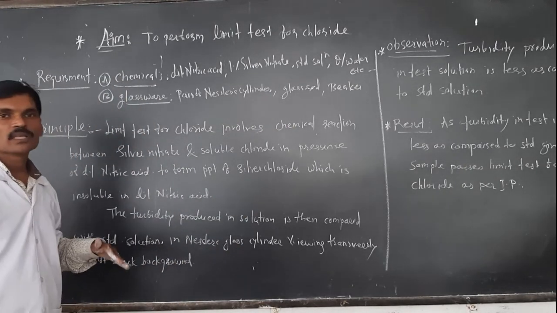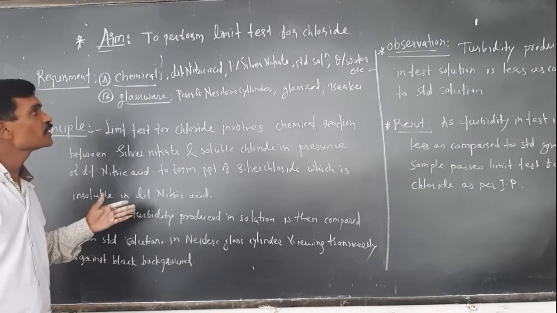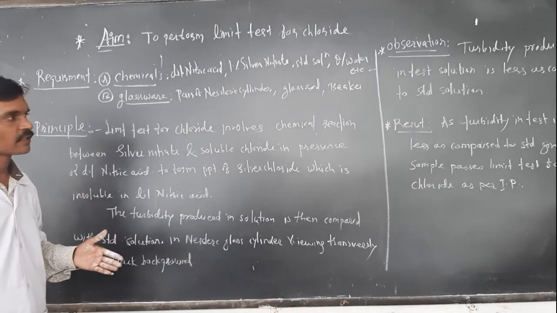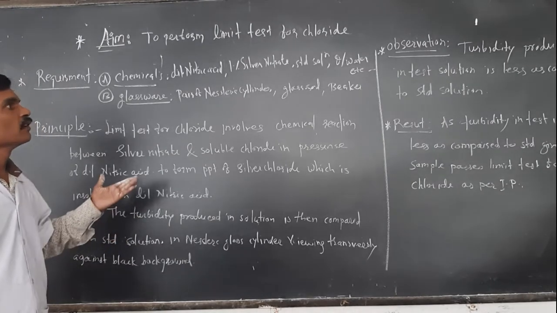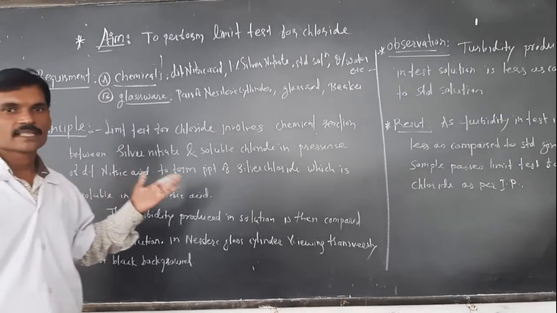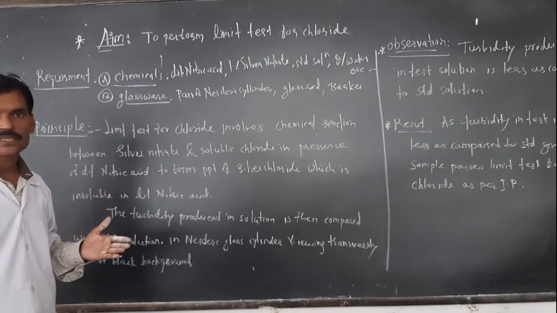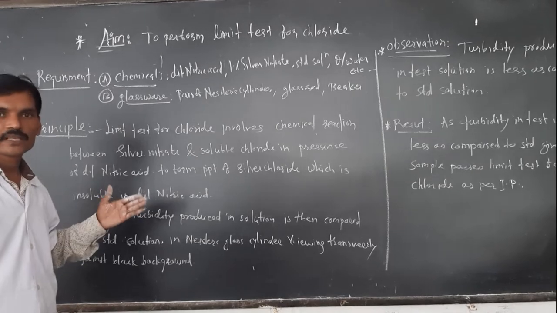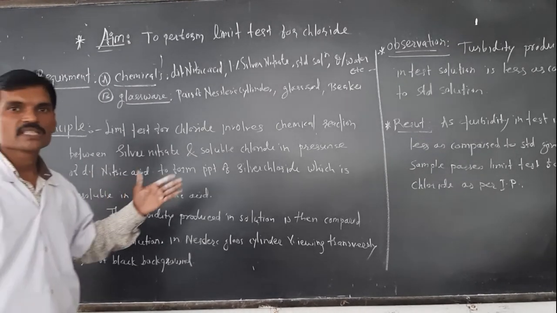Now, all of you are familiar with impurities. What are impurities? Impurities are the foreign matters or particles which are present in our sample. These are unwanted substances. We have seen there are different sources for these impurities. Impurities are of different types like chloride, sulfates, heavy metals, etc. In today's practical, we have to find out the limit test for chlorides. Now, what is a limit test? These are quantitative or semi-quantitative types of tests. So here we can investigate or find out the presence of impurities in our sample.